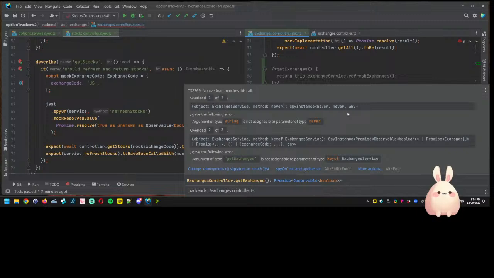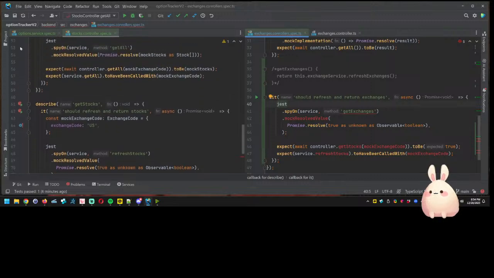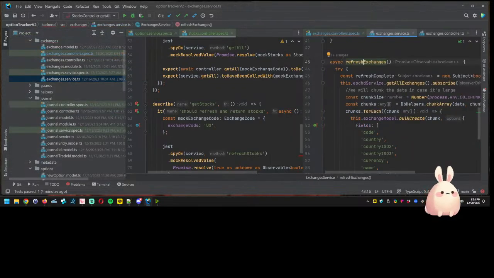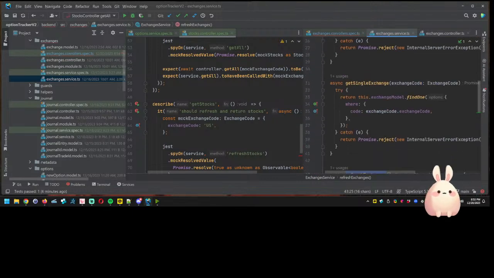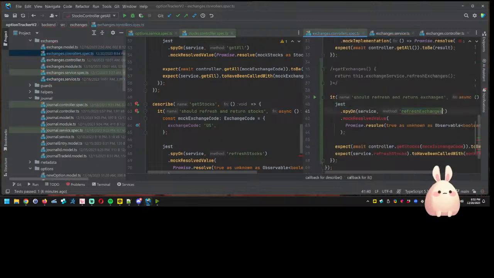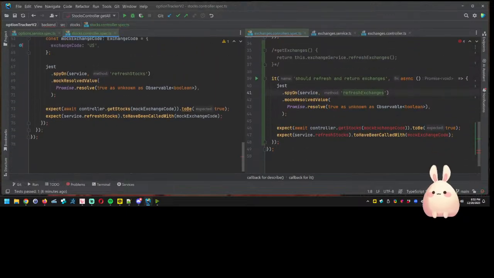Just spy on the exchange service. Oh, I know why. My exchange service is called refresh exchanges, not get all. Yep, there we go. So that refreshes our exchanges,